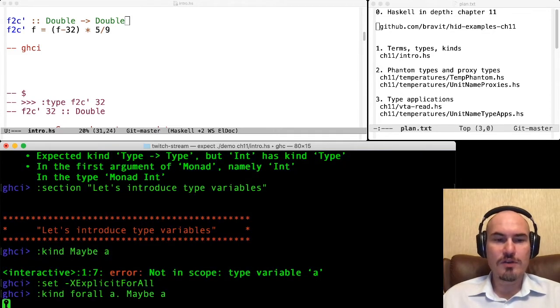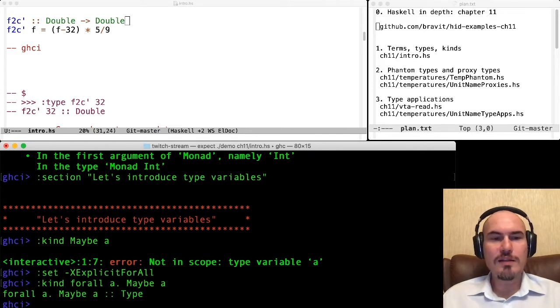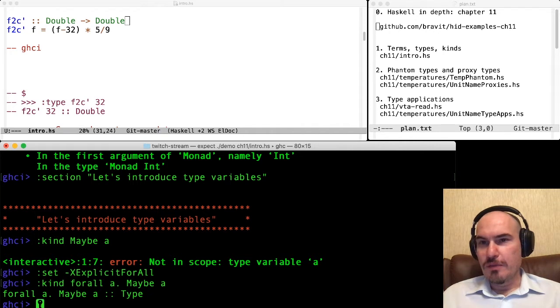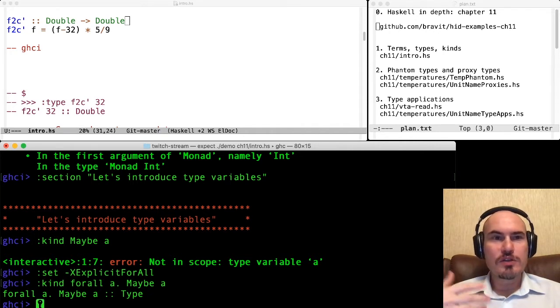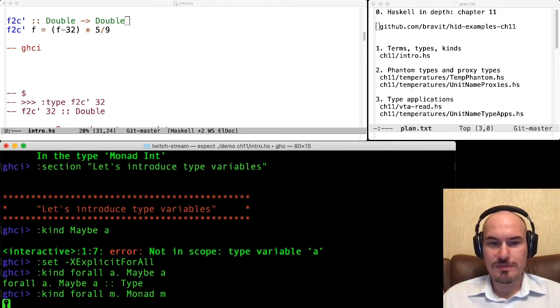We can write forall a. Maybe a, and now it is known to the compiler, and it says, well, this type has kind Type. Okay, so we can use types which are available from the library. We can introduce our own type variables and then use them with these kind calculations.